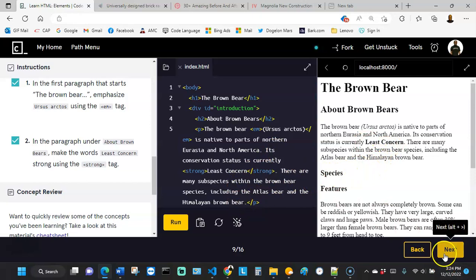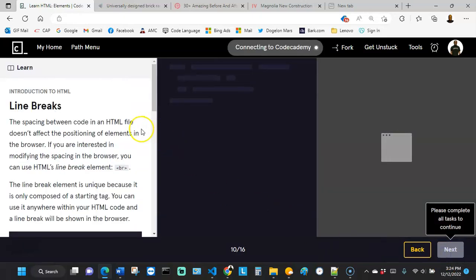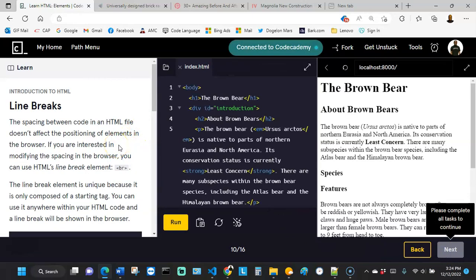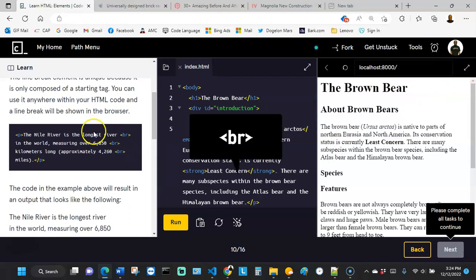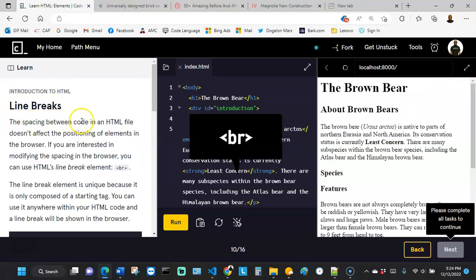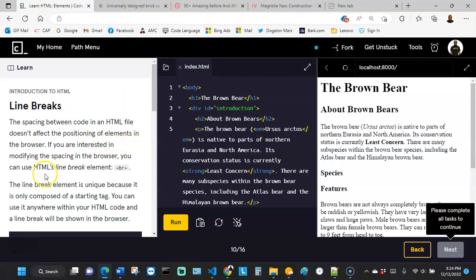All right, so let's go over to the next one. This one is line breaks. All right, line breaks is also super important when we're building websites. Okay, so over here it says the spacing between code in an HTML file doesn't affect the positioning of elements in the browser. If you are interested in modifying the spacing in the browser, you can use the HTML line break